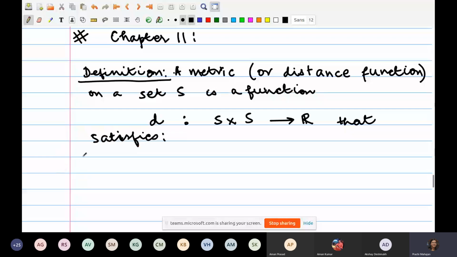So the first thing I say is, you pick any two elements x and y in this set. x and y are elements in the set, so d of x, y is a real number. This I demand is always positive, no matter what element you pick in the set S. That's the first property. The second one I demand is,